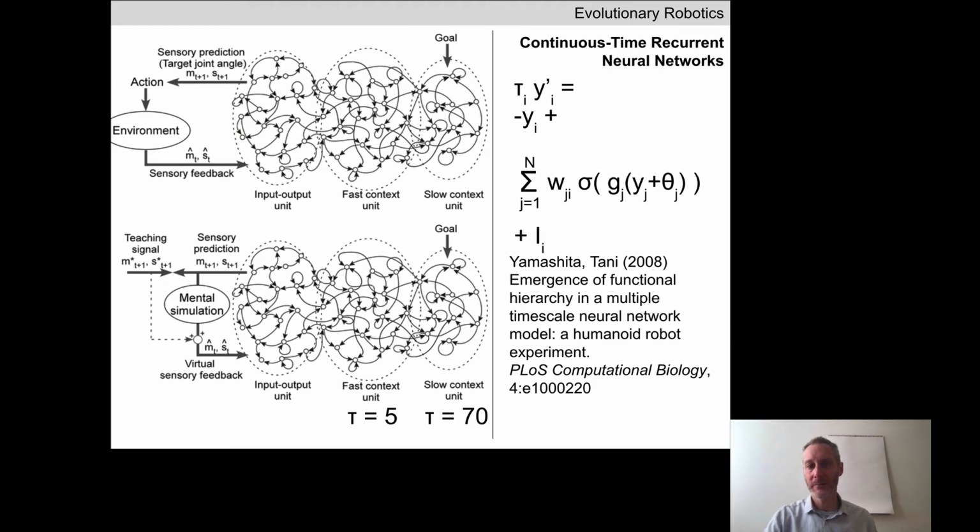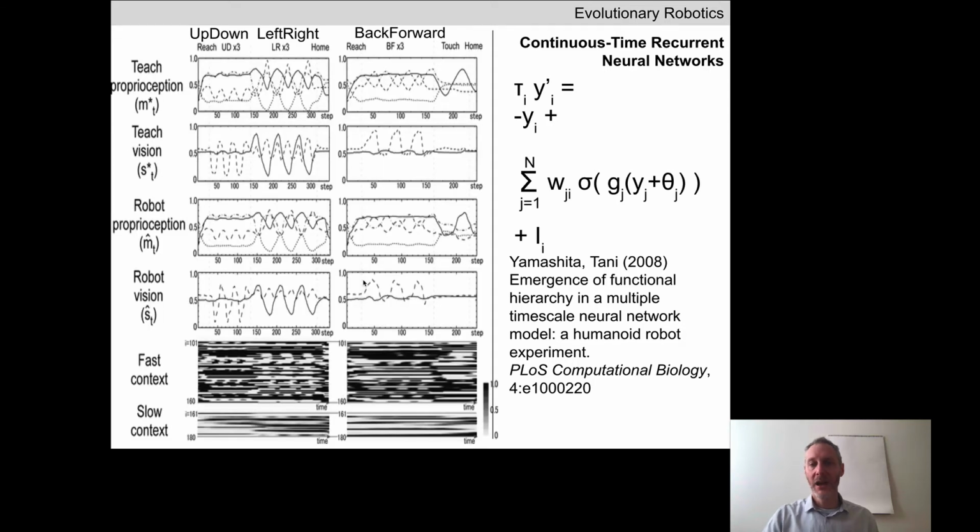Any questions? Okay, let's look inside the brain of a robot that has been evolved to do the following. We're going to walk along the horizontal top of this panel for a moment. This robot was evolved to do the following: to reach. It was evolved to be able to lift the block up and down 3 times. It was also evolved, when it received an appropriate signal, to move left and right 3 times. And when it received one signal,